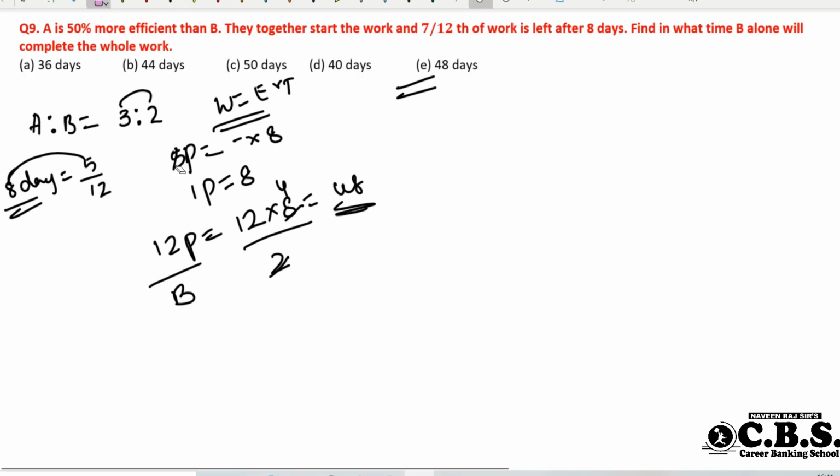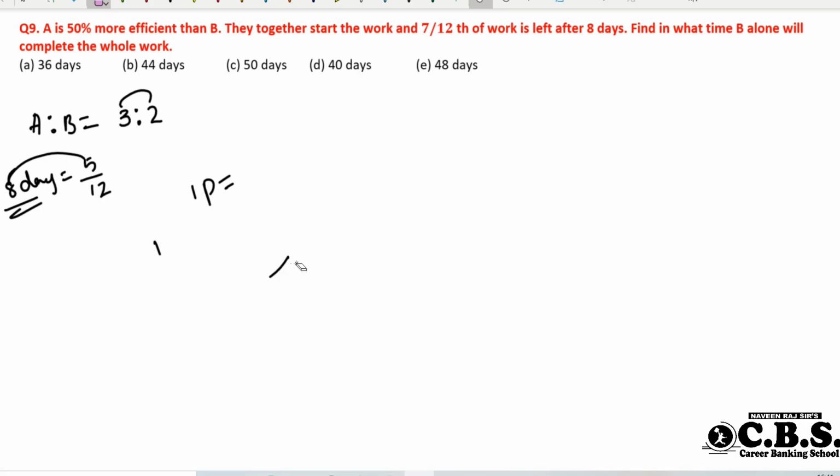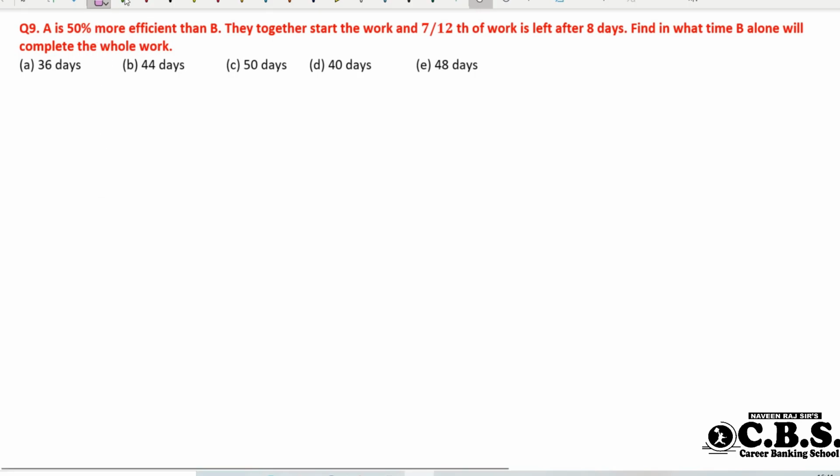Okay, I'm explaining once again. Listen carefully. Don't try to answer in the normal method, which is a time-taking procedure. You can go for the concept. So what is the concept? A is 50% more efficient than B. So nothing but what? Don't take it as one. One is a lengthy process. Is it possible to do half of one? No. Is it possible to do half of two?